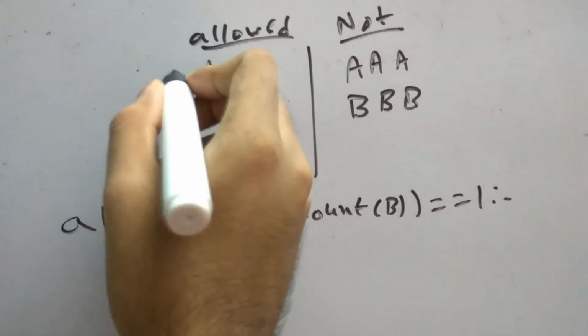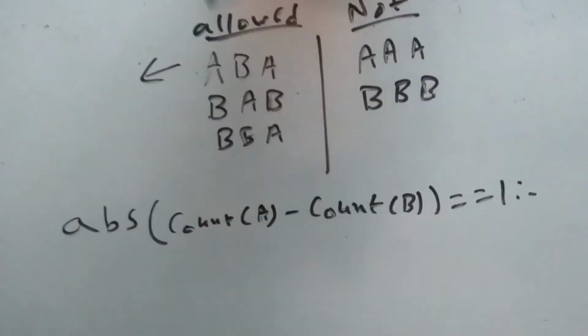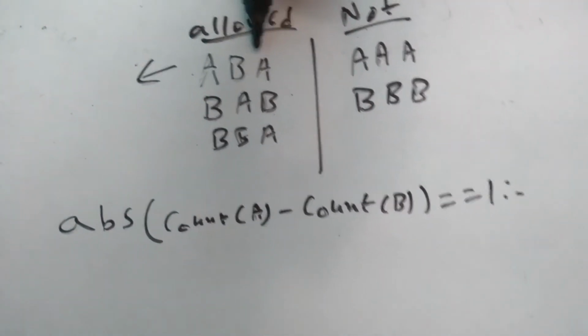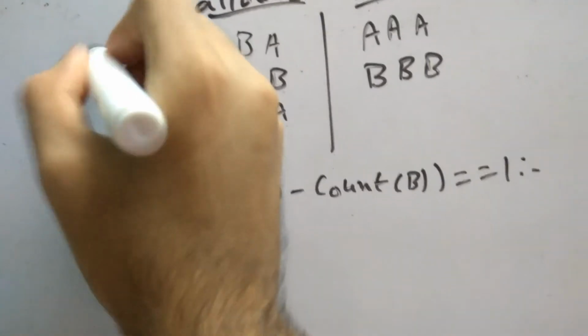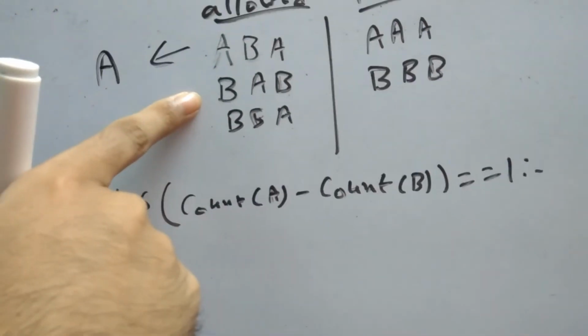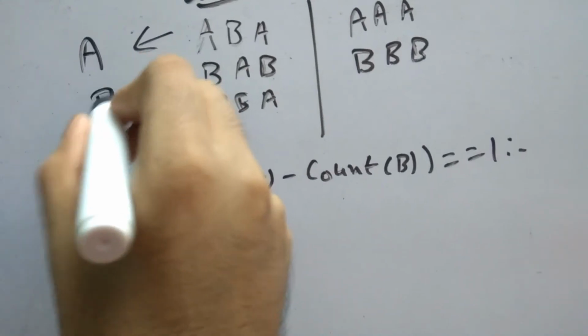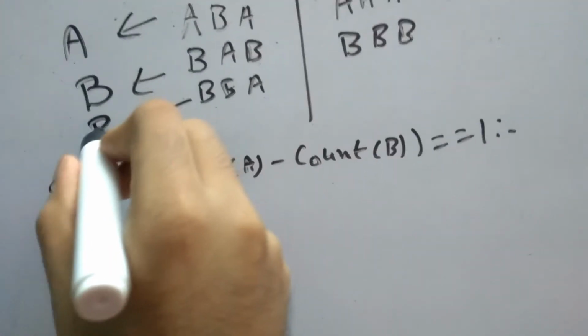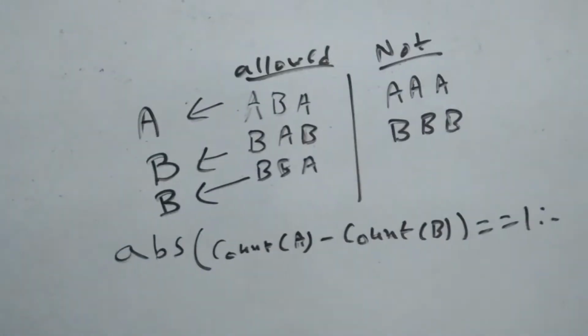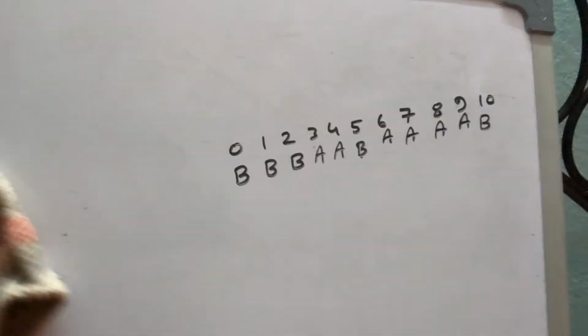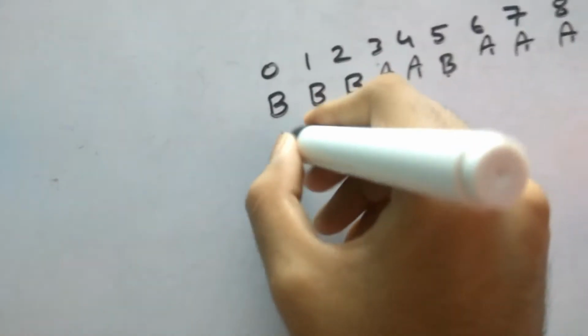And what will be the fused output? So let's say here we have 2 A's, so it will be fused into A, whatever element is more. Here there are 2 B's, so it will fuse to B, here also fusing to B. So this is how the fuse operation works. Now coming back to this input once again, we have to take all the 3 length substrings and check if we can fuse them or not. So for that, first the substring will be this.